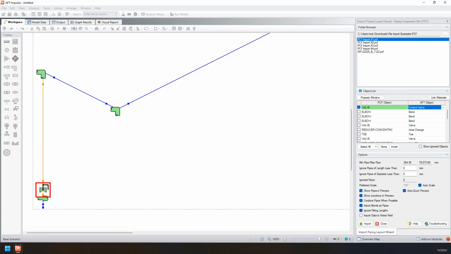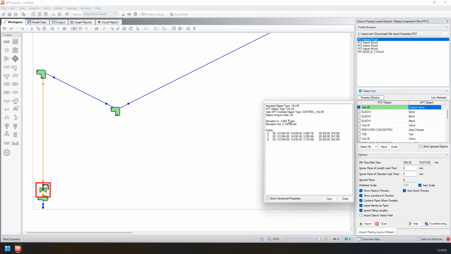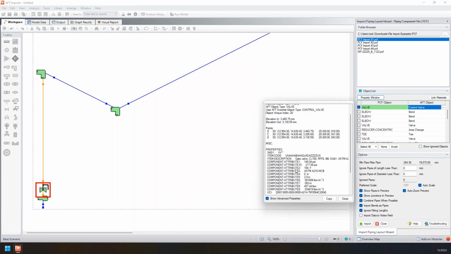There's a lot of information in a PCF file that we don't necessarily need, but we can also bring that information in. So for example, with this valve, here the most important information is this inlet and outlet elevation. For the most part, we bring in the inlet elevation to define the elevation of this component. And then here we have the points in 3D space and 2D space, which we're converting to create this drawing. Here, if we check Show Advanced Properties,